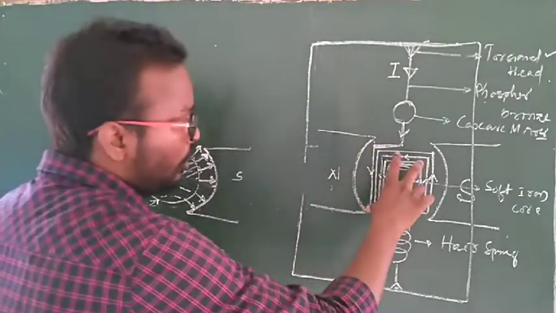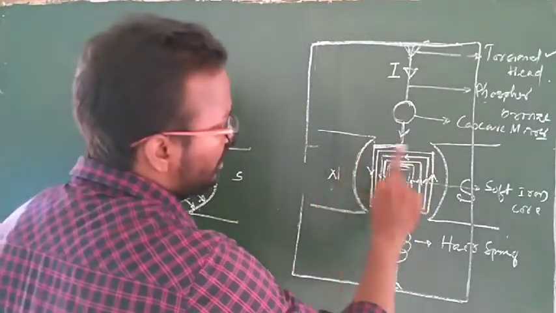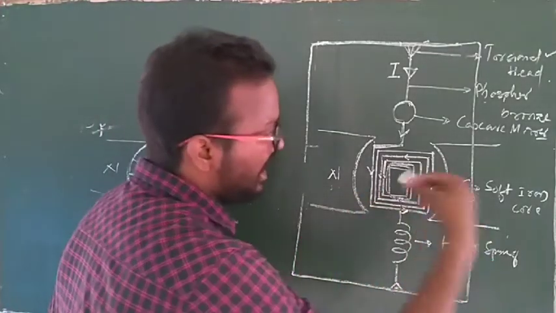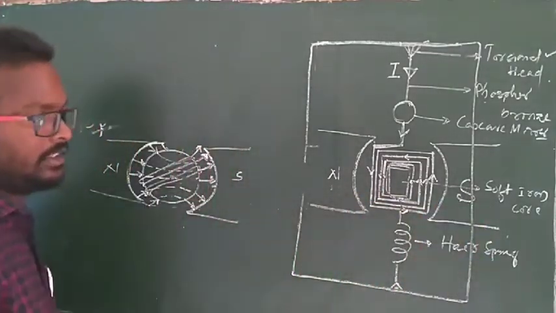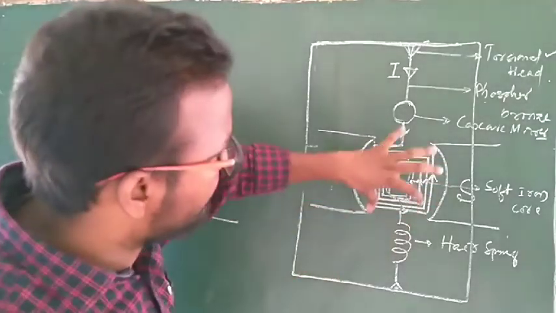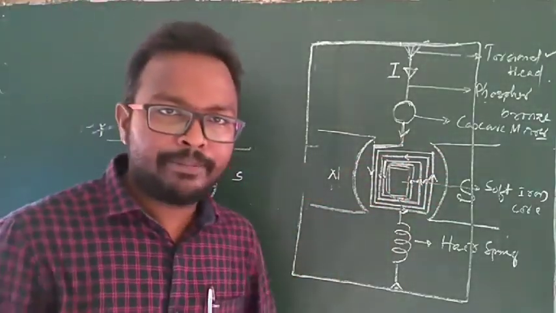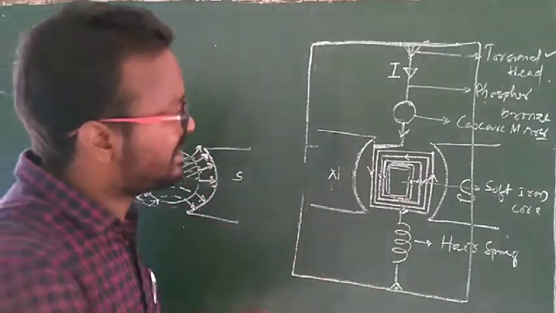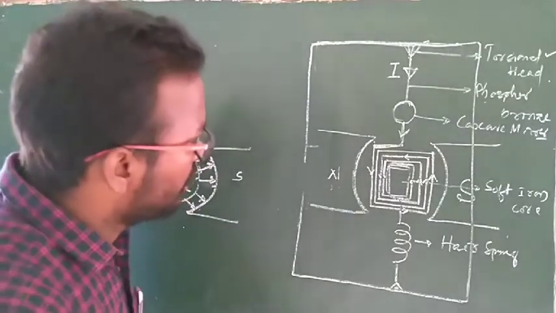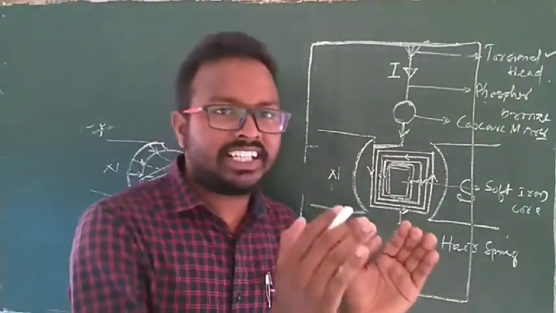And the coil is inside a horseshoe magnet, because it provides a large magnetic field. Why? If there is a strong, constant magnetic field and we place a current carrying loop inside it,